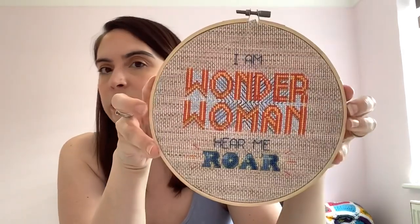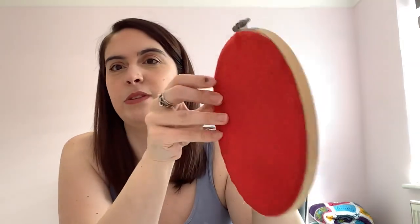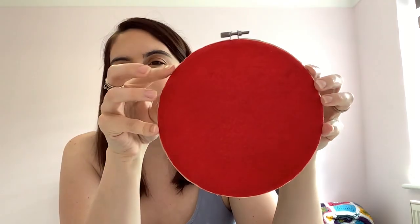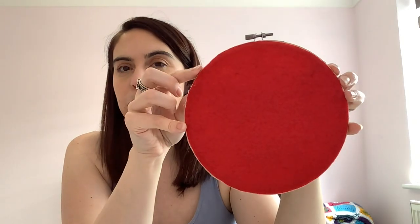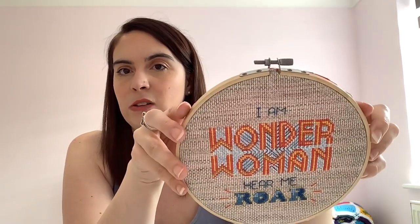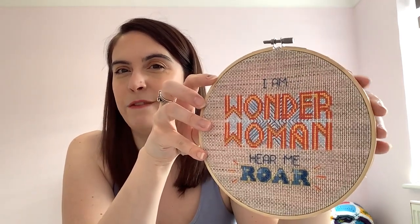So this is what it looks like. It's not perfect, so I covered the back in red felt, and there's a bit too much glue. I used my glue gun, so there's probably a bit too much glue around here, and I didn't cut this circle perfectly, so it's not perfectly done. It looks okay. You can see a little bit of the felt poking up here, so I might trim that,